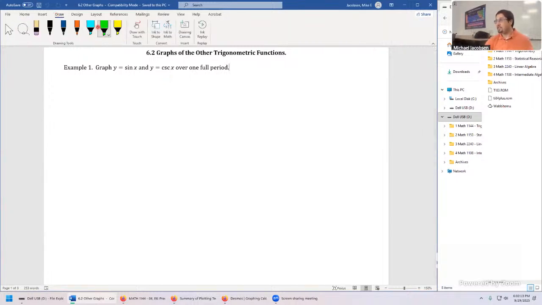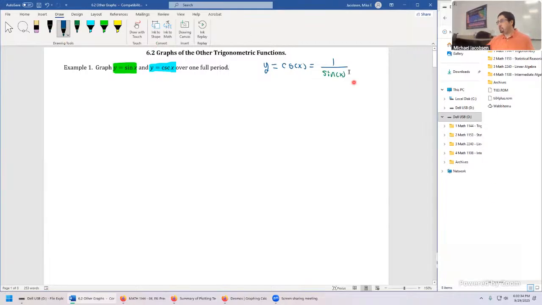So here's how we're going to start out. The main thing we want to plot is cosecant. First thing we should do is relate it to sine. We can say that y equals cosecant x is nothing but 1 over sine x. Let's put that one in green. And from our training in algebra, we know whenever you have a fraction like this, particularly when x is in the denominator, you can potentially have vertical asymptotes whenever the thing in the denominator goes to 0. So this will have vertical asymptotes